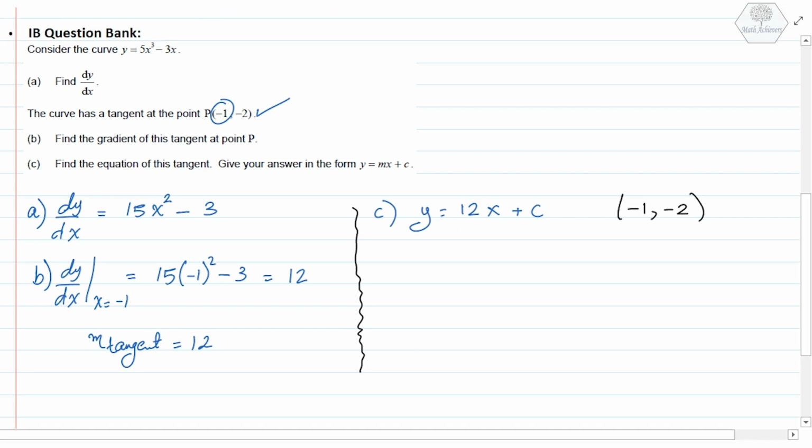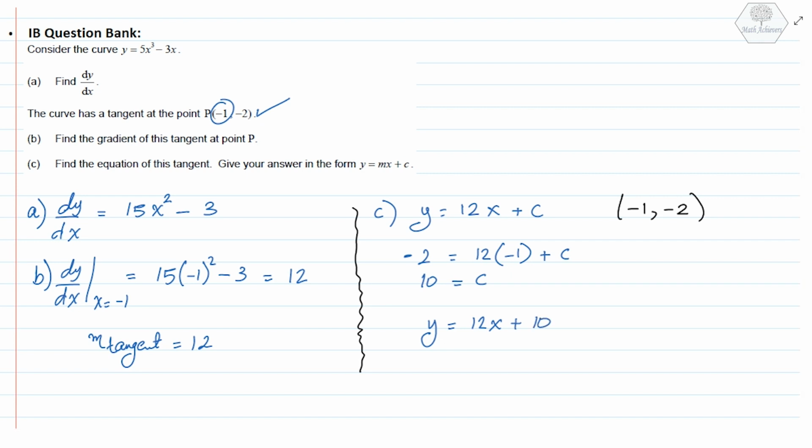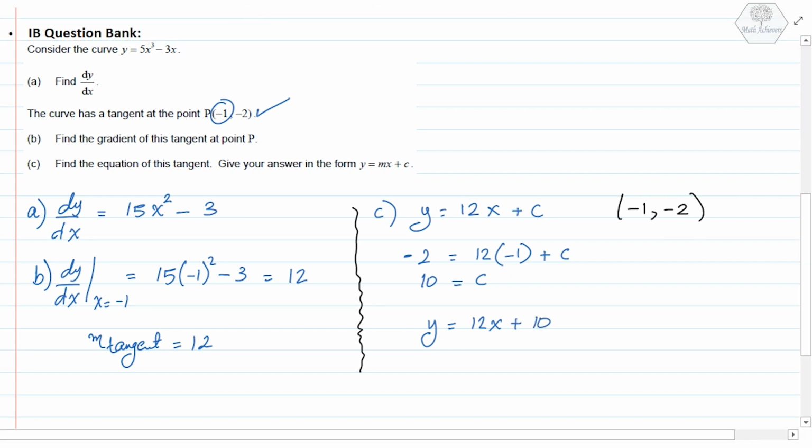So when x is equal to -1, the value of y is -2. So I have -2 is equal to 12 times -1 plus c. So the value of c is, I have -12, take it to the left-hand side, it becomes 10. So the equation of the tangent is y equals 12x plus 10. This is the equation of the tangent at the point